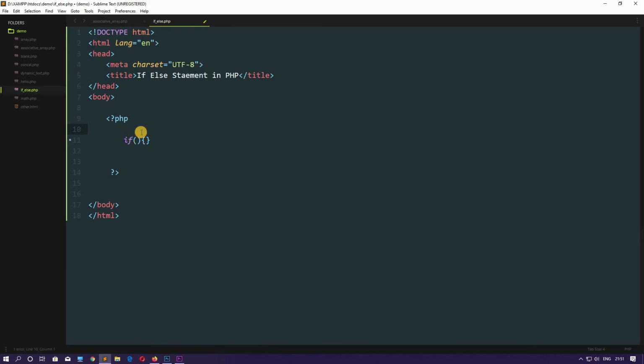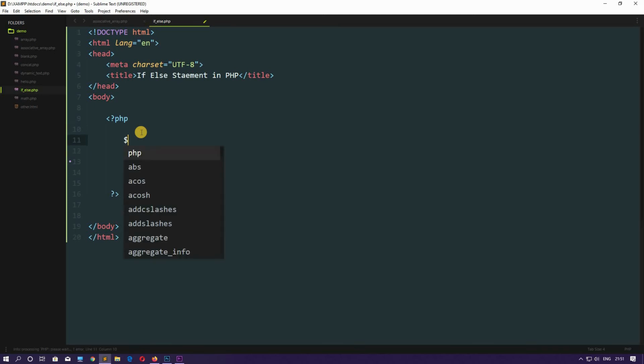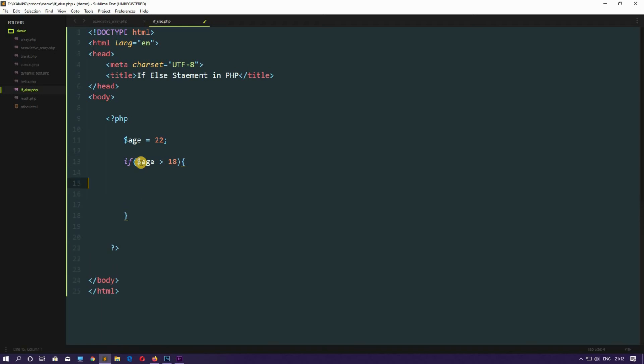So first let me just create a variable, and let's call this variable age, and let's assign it a number 22. Fine. Now let's come here in this area and let's write the condition. If age, that is $age, my variable, is greater than 18, and come here and drop down few lines.